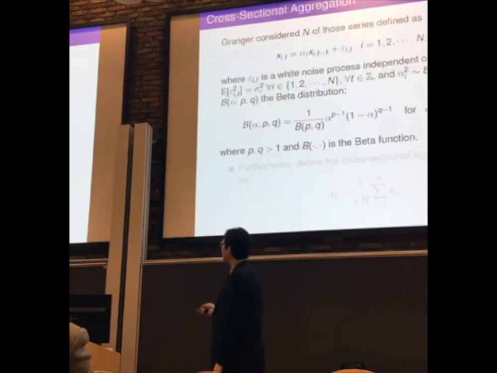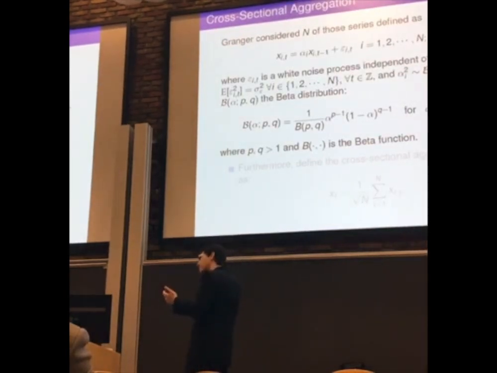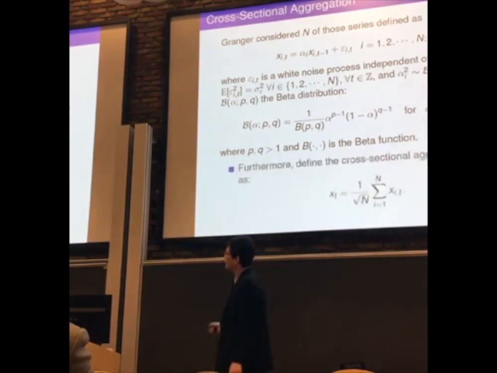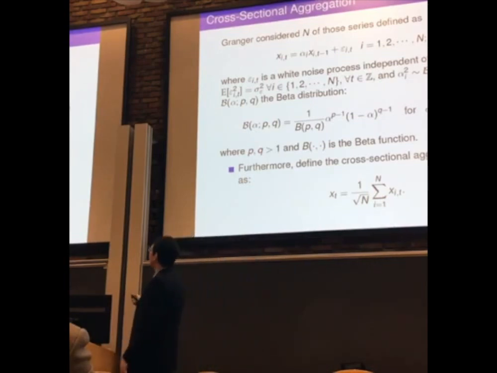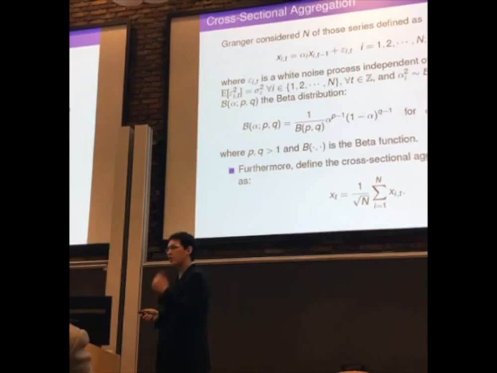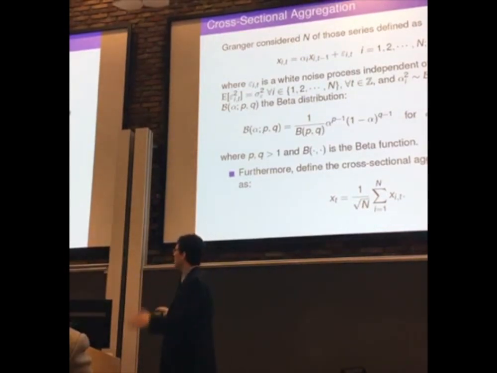So that's what Granger then says: well, let's consider, instead of just sampling 1 by 1 and seeing how it looks, let's sample n of those, a bunch of those, and take the average. So that's what we're doing here. Well, kind of a weighted average. And so that's the main idea. Now what we're doing is, instead of doing 1 by 1, just sample n of those. Let's take a cross-section again of those.